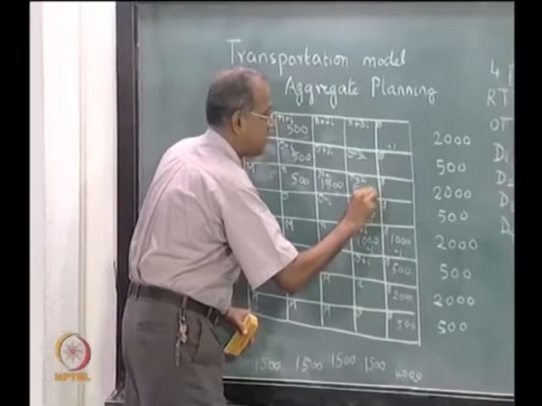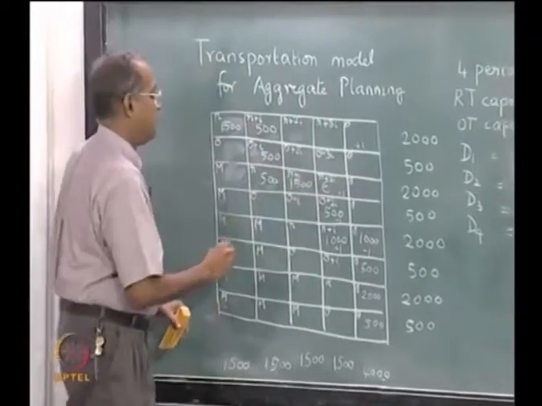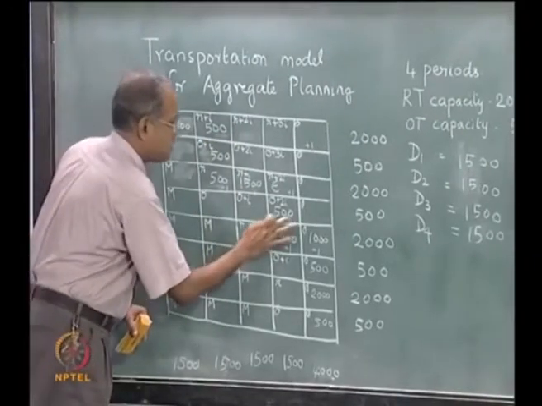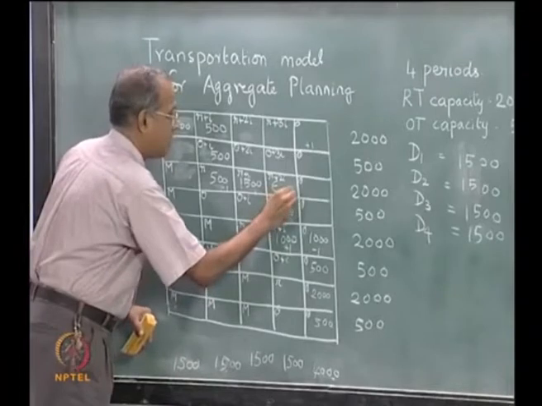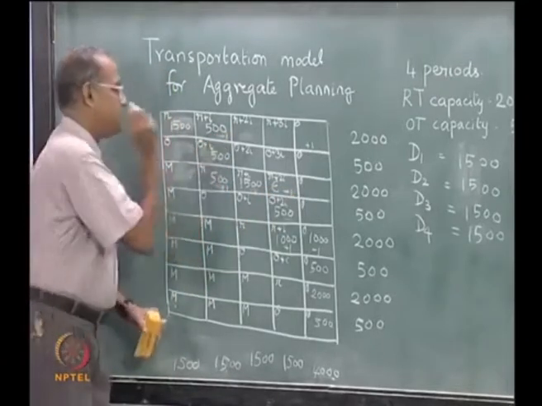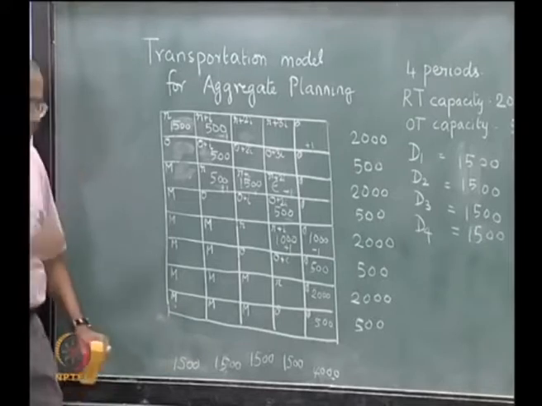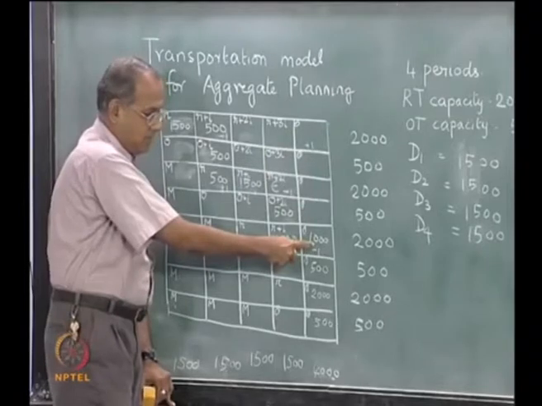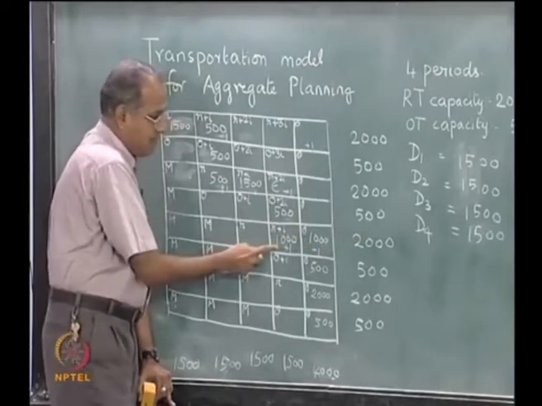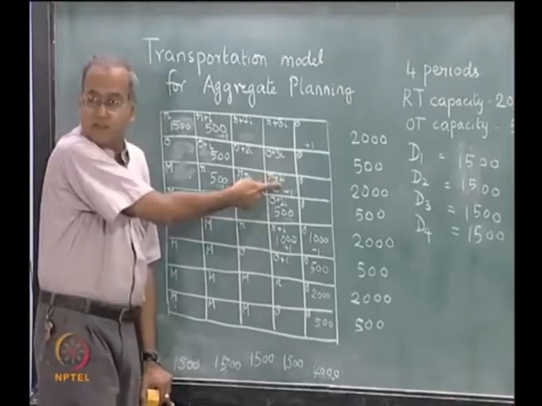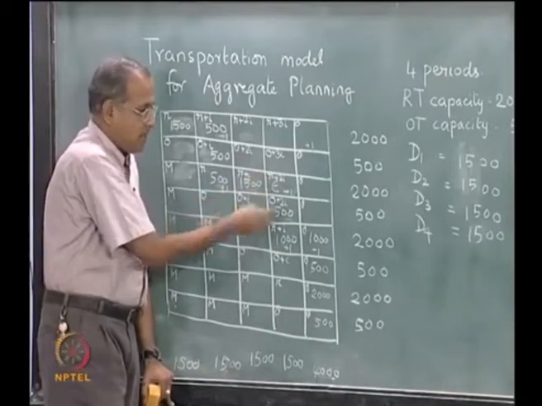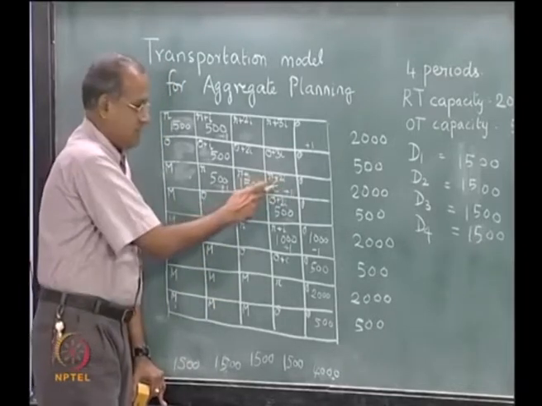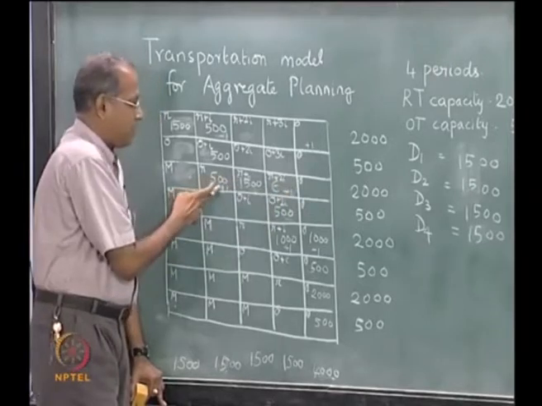So, this will become plus 1 here, minus 1 here, plus 1 here, minus 1 here, so that it gets balanced. Let me repeat it. If I put a 1 here, to balance it I have to put a minus 1 here, I have to put a plus 1 to balance here, then I am not able to move because of degeneracy. So, I add an epsilon here. To balance it I would put a minus 1 in this epsilon, then I would put a plus 1 and then I would put a minus 1.